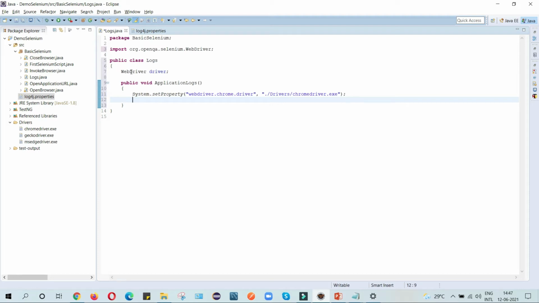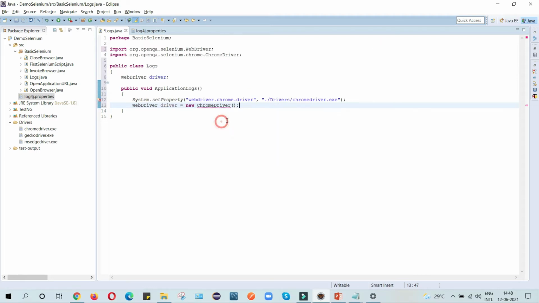So I will just copy this WebDriver here. WebDriver driver equals new ChromeDriver. And I will import ChromeDriver here.